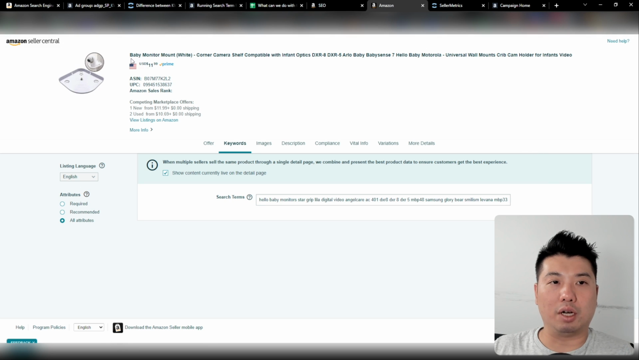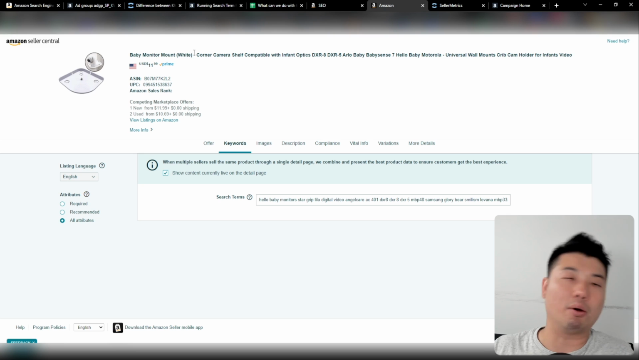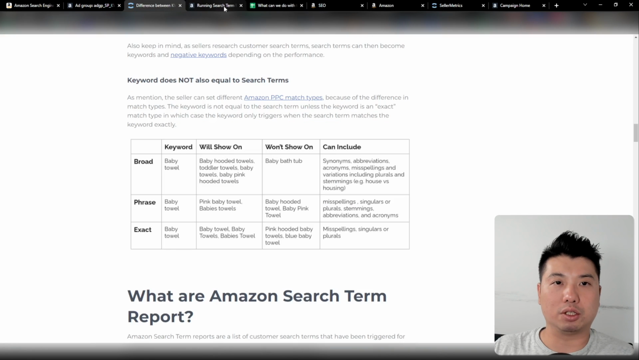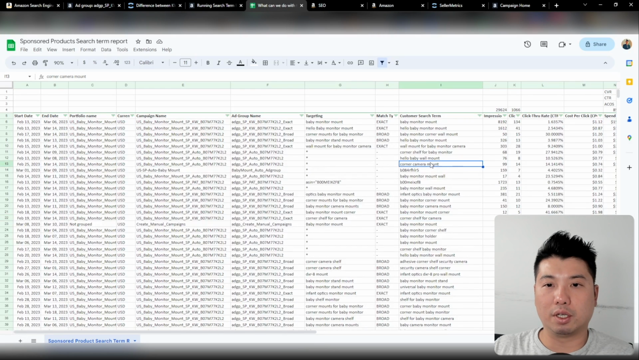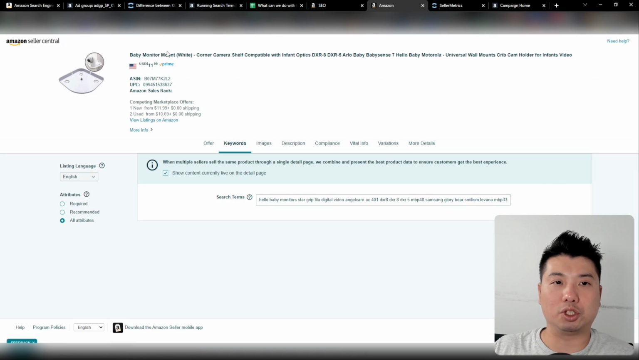And then you could also make sure that your title is optimized. So maybe baby monitor might not be the best. It could be maybe I want to go for, in this case, corner camera mount or corner shelf baby mount. If that's the key search term that I'm aiming for, I maybe want to change that in my titles